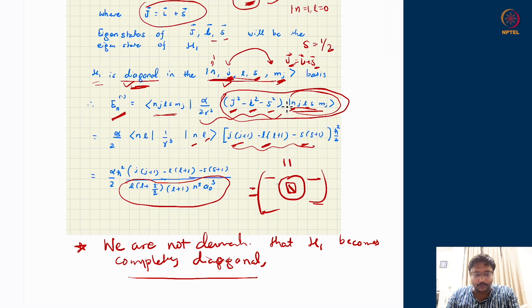It is a rather quick review of time independent perturbation theory. From the next class onwards, we will learn about the time dependent perturbation theory approach, because that is more relevant for matter field interaction, which we will discuss in coming lectures. Okay, so we stop over here for today.